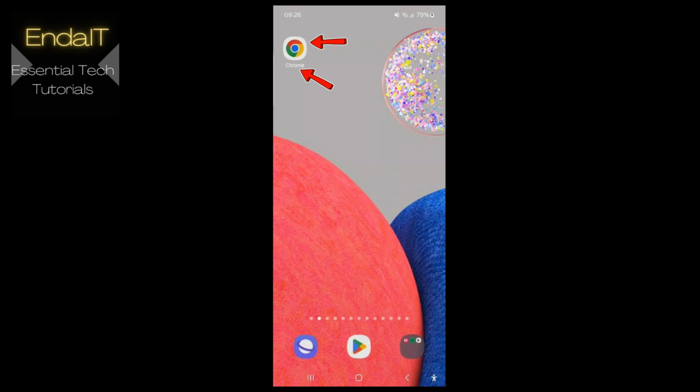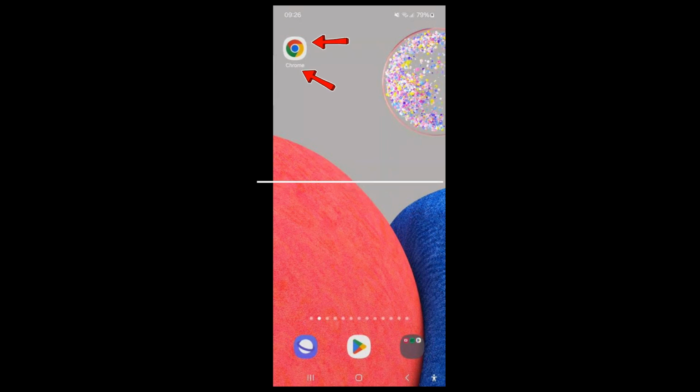Hey everyone! Today, we'll show you how to download music using Google Chrome on your phone, whether you're using Android